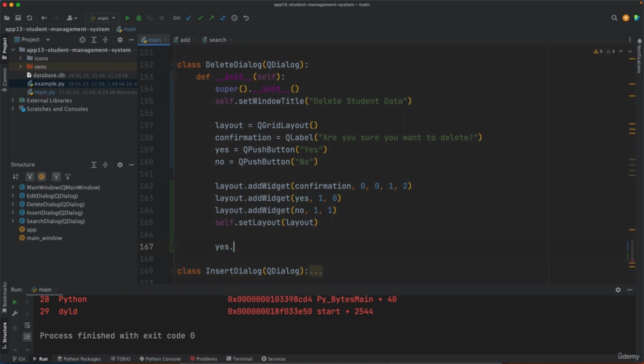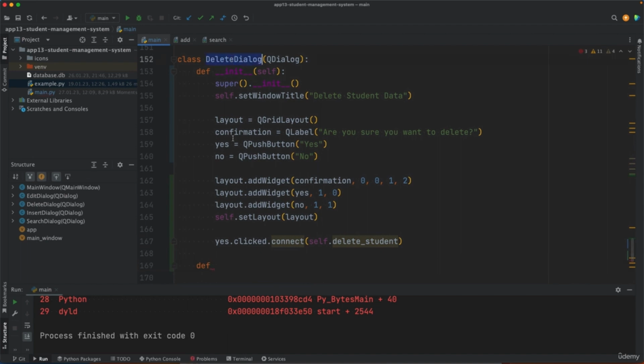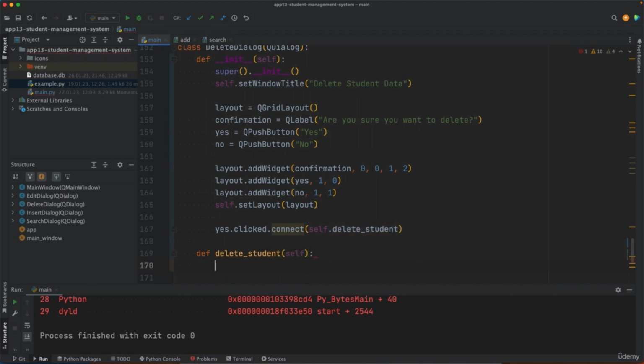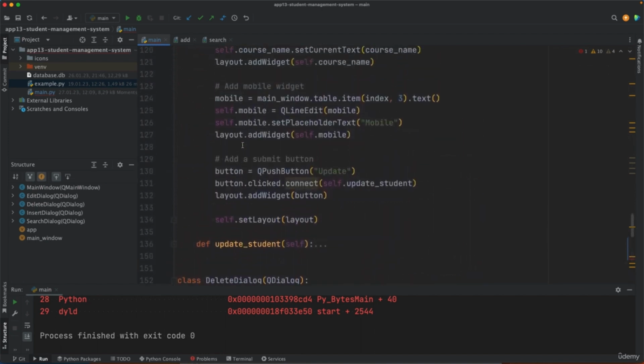using yes.clicked.connect. When the button is clicked, we want to execute a delete student method, which will be a method we will add inside delete dialog. So define delete student. Now in delete student, here is where we write that SQL query which will delete the selected student record. So similarly as in edit dialog,